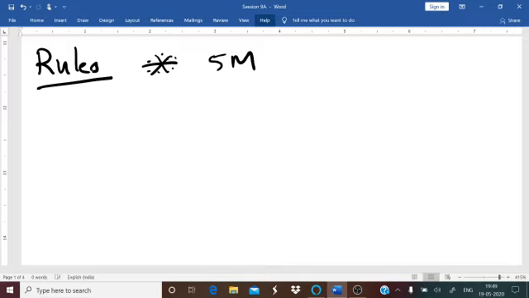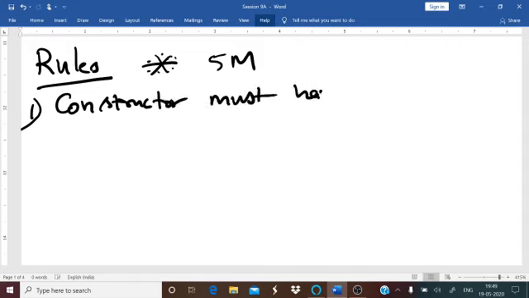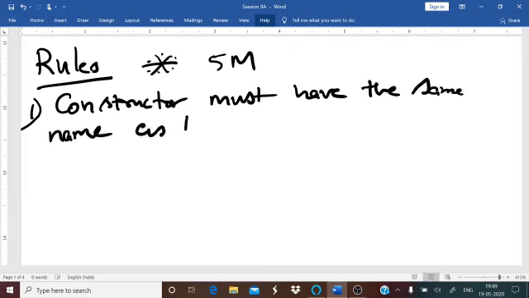The first and foremost rule that you are supposed to remember is a constructor should have or must have the same name as that of the class. The class name and the constructor name should be the same. Only then the compiler will identify that it is a constructor.